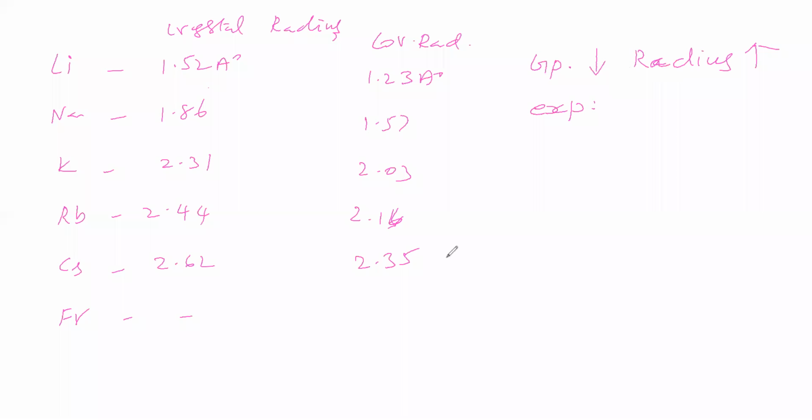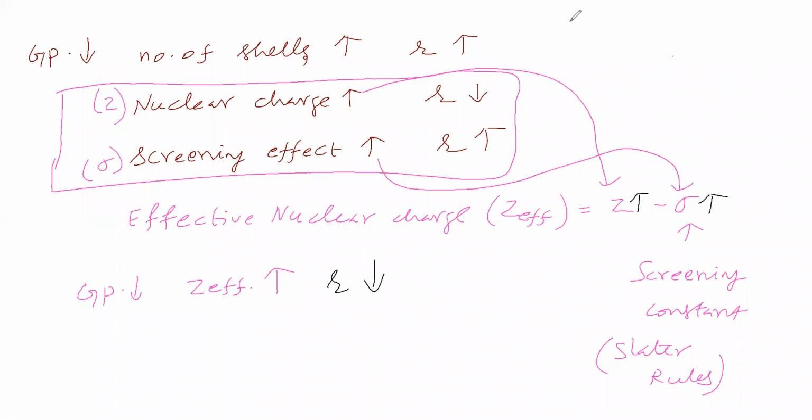The suitable reasoning is this one, but not this, because the experimental result says down the group atomic radius increases. So this reason explains that, and this reason is not explaining that. Therefore, down the group number of shells increases, therefore atomic radius increases. It is the explanation. Experimental fact says down the group atomic radius increases. What is the explanation? Down the group number of shells